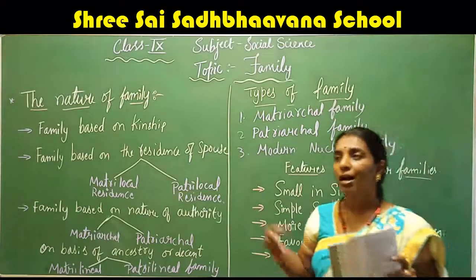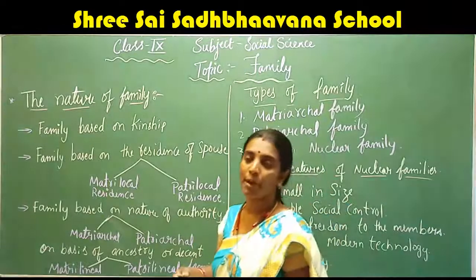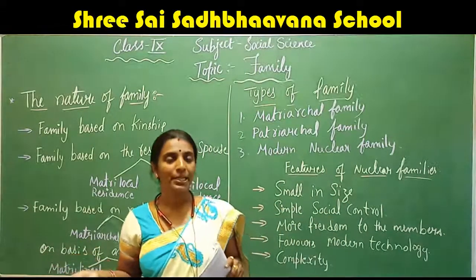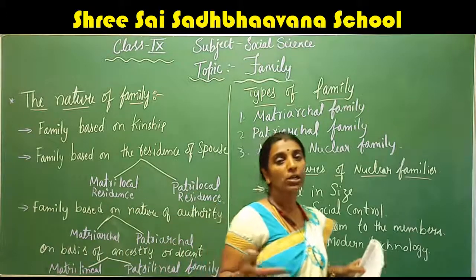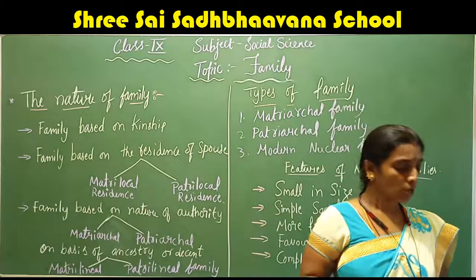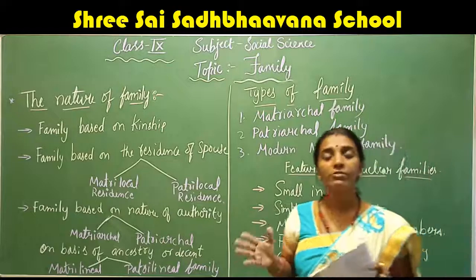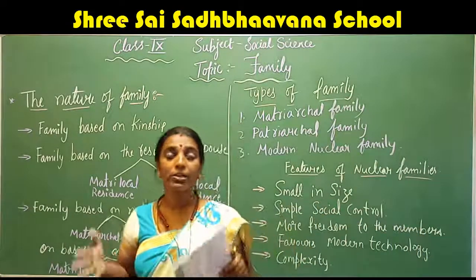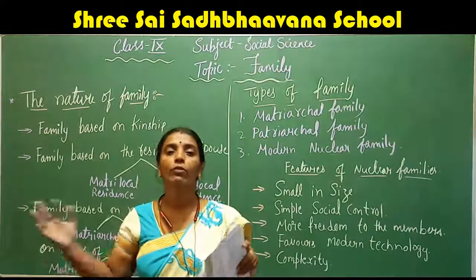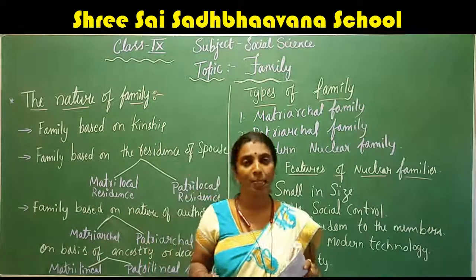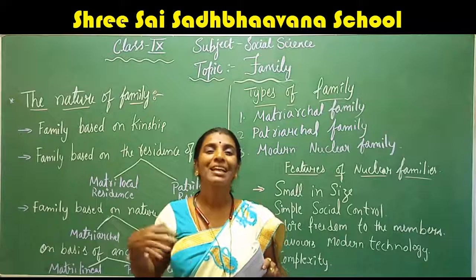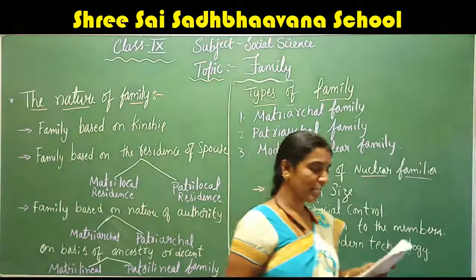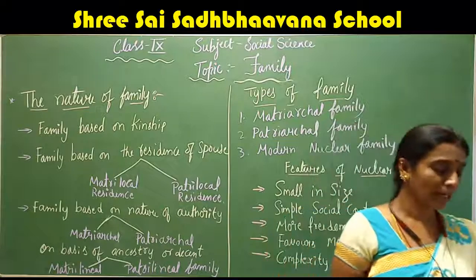Before, there was a concept of the total happiness of the family. But nowadays, because of changes in society, the human started to think about his own happiness, individual happiness. He is not referring to the whole family. He wants individual happiness, so he started to live separately with his new family. That is another reason for the modern nuclear family.